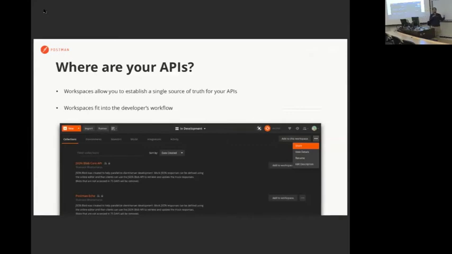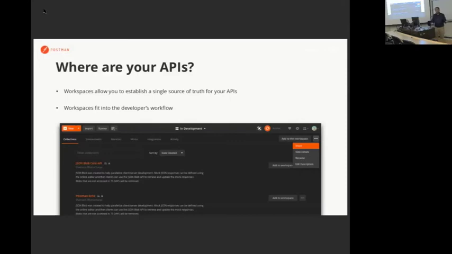And a side effect of building workspaces and them having collections is that you establish a single source of truth for all your APIs. This was one of the most common problems we saw when organizations started adopting APIs: where exactly are our APIs? In some cases, they are embedded in your code base. You have some description files lying around. Then there was a server that a developer built but left like 2 years ago, and you don't even know